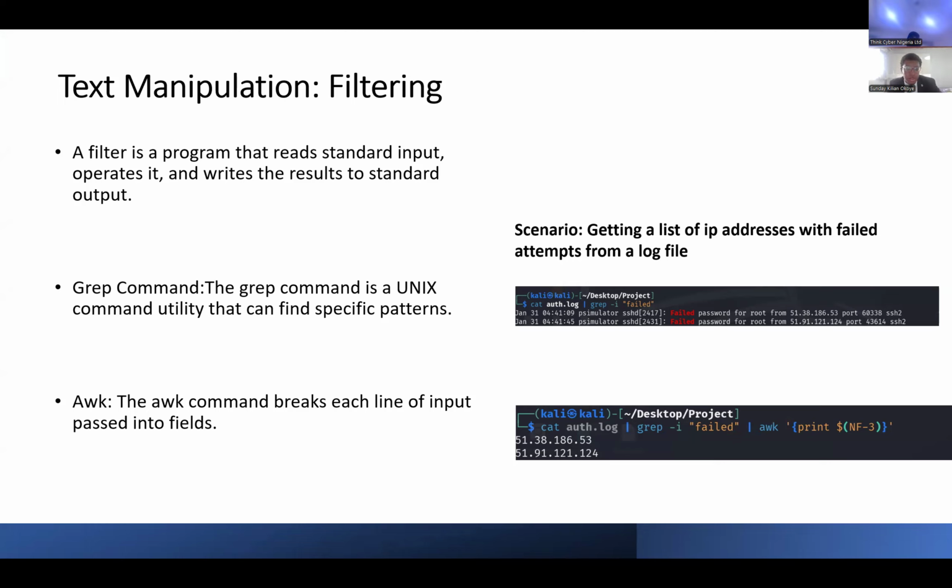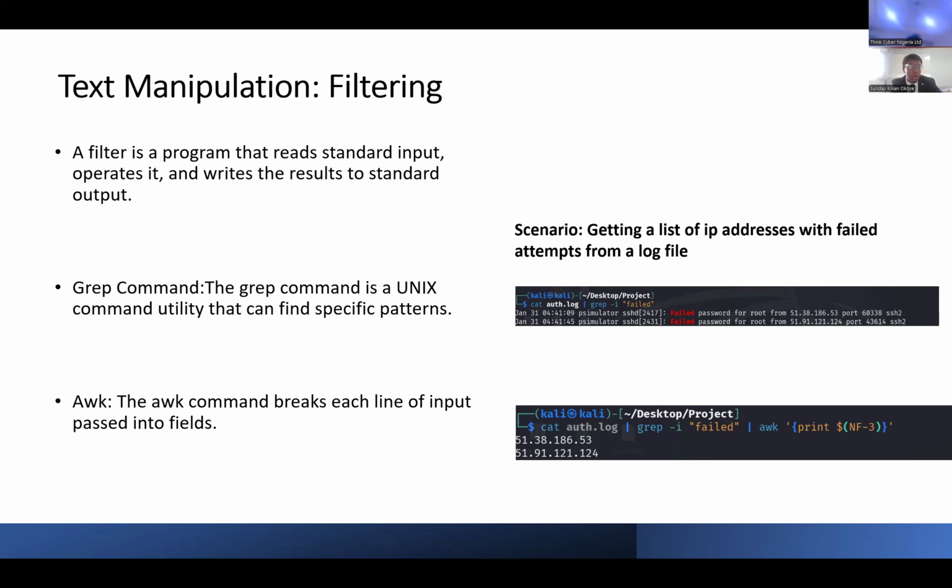To explain each command, we have the grep command. It helps find specific patterns. So here we access the file all.log, then we use grep -i, which ignores case sensitivity, for the keyword failed. This outputs all lines that have failed in them.